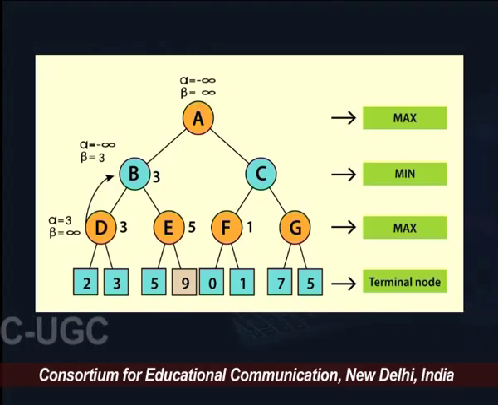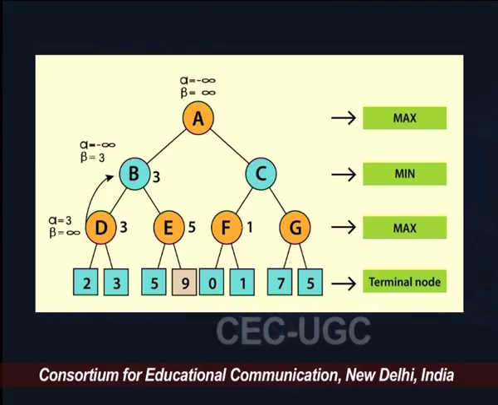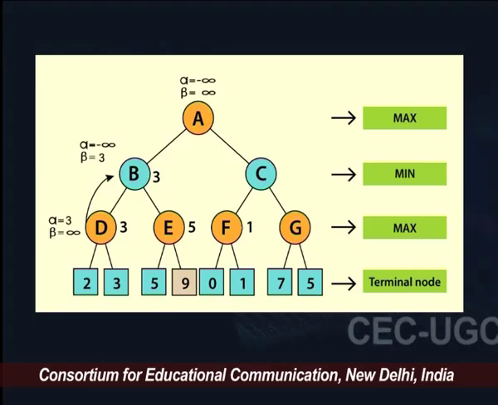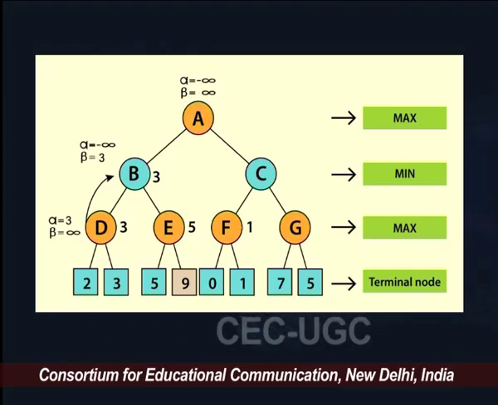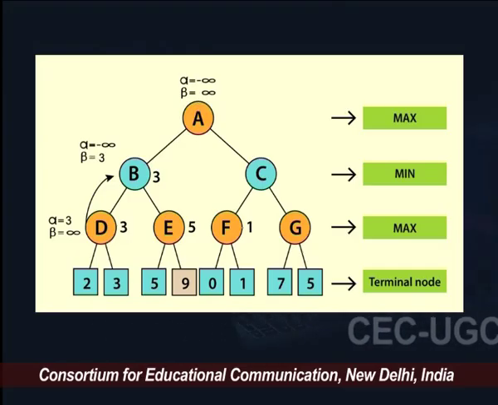So alpha is equal to the max of minus infinity or 3. So definitely it is going to be 3. So here we are going to update the alpha as 3, and you can see in the screen shown here that alpha is being updated